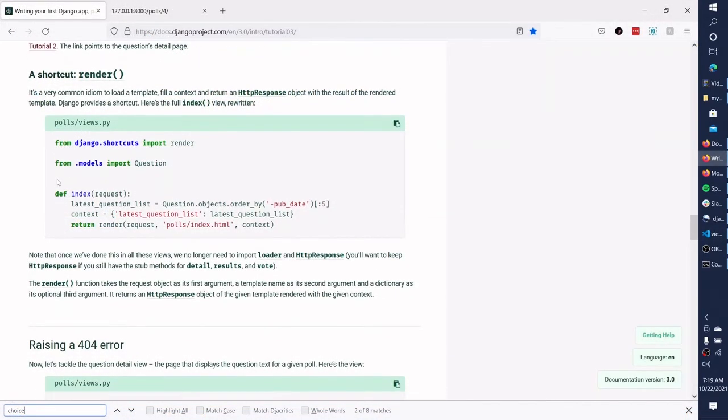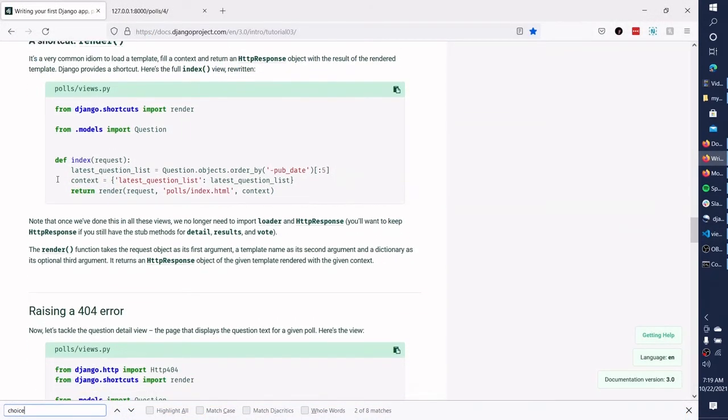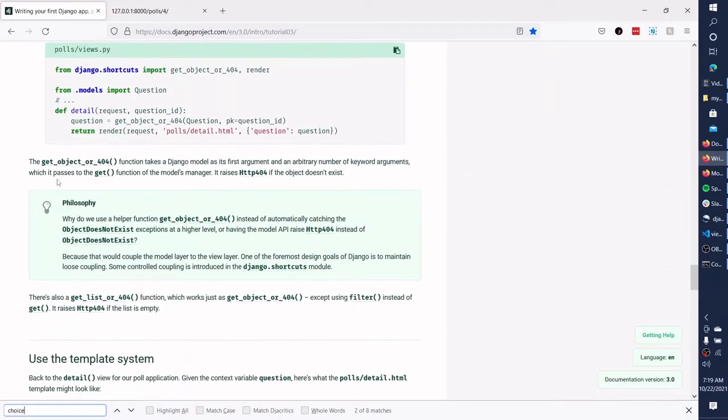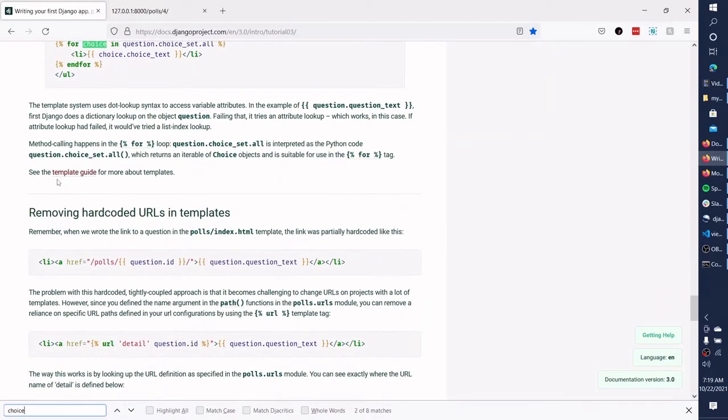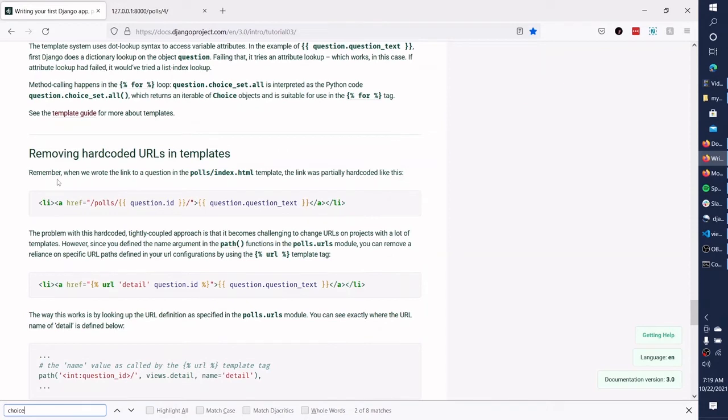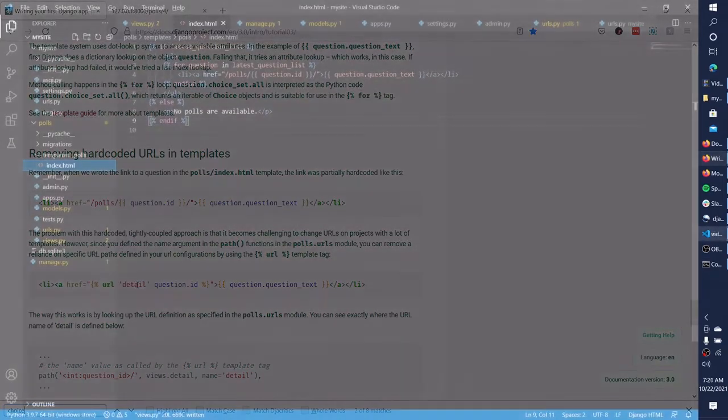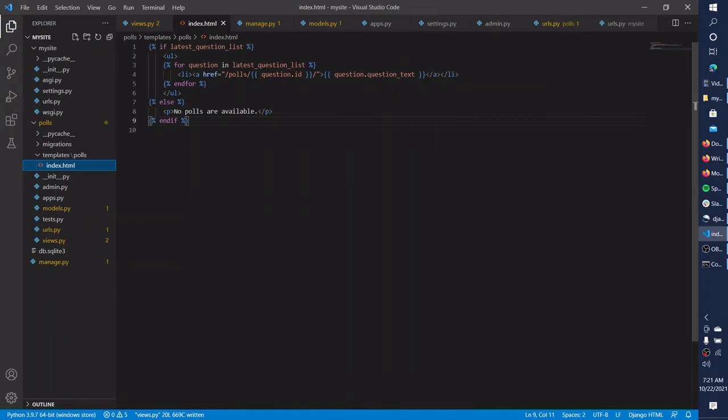All right, I want to skip around a couple of things in this tutorial just because there are some things that I feel should be presented in a different order. So first, this part about removing hard-coded URLs in templates. What that means is instead of building the path here in your template, as we did over here, we're going to refer to the path that we defined in the URLs file by the name that we gave it. Instead of href equals polls,